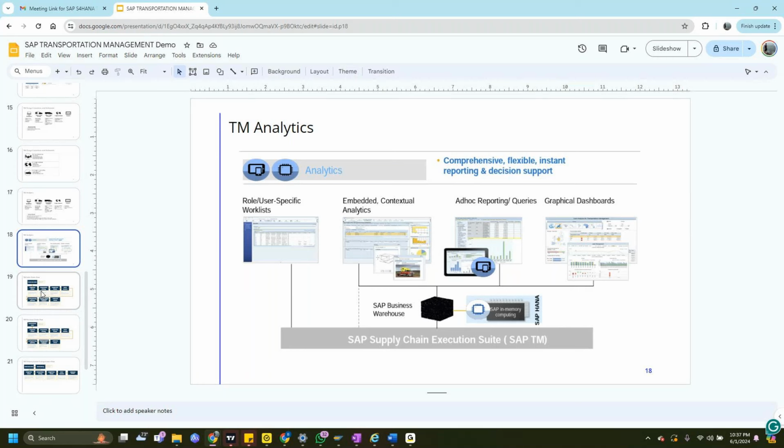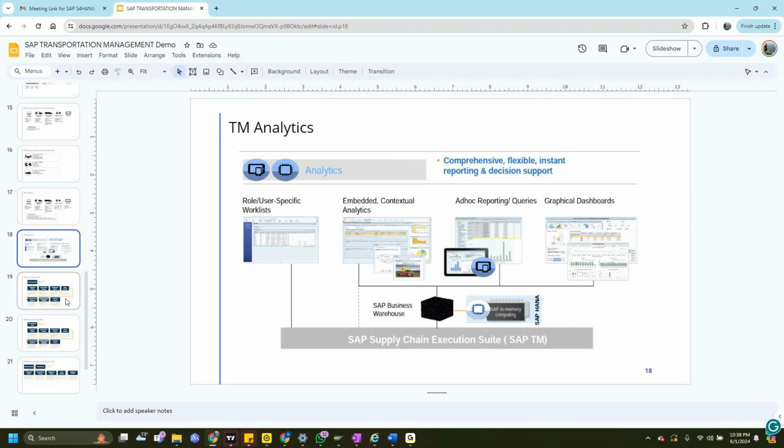Those are available, and you have the SAP BI module as well, right? That's a different module. If the requirements are complex, as a TM person, I'll work with the business intelligence or BI team to develop KPI reports according to the business requirements. I'll be giving input to them, and they'll be modeling it according to the business requirement.